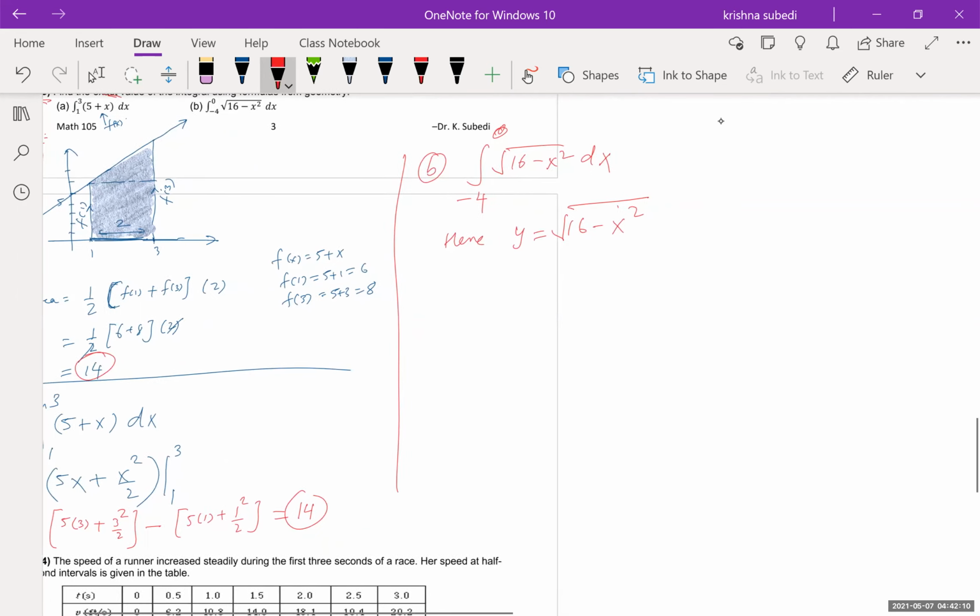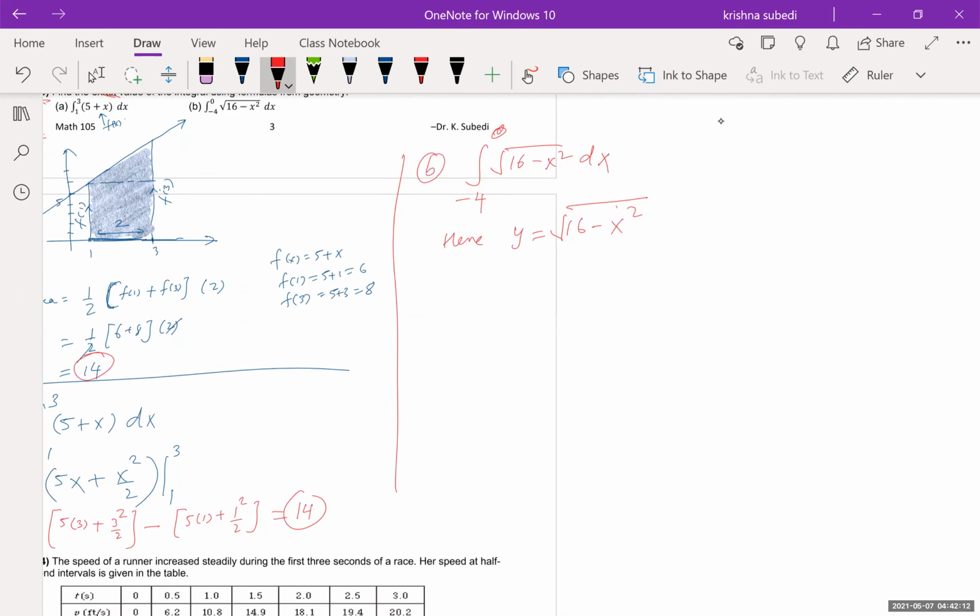Notice that this is actually 1/4 of a circle, right? Because this gives me y square equals 16 minus x square if you square both sides. So what you got here is x square plus y square equals 4 square. So this is actually the equation of a circle with center at the origin and radius 4. Okay, so if you draw a graph of this, it is a circle